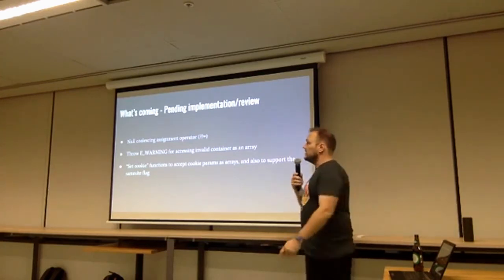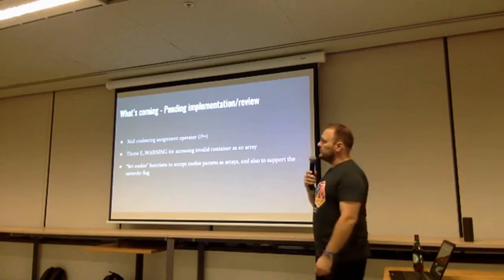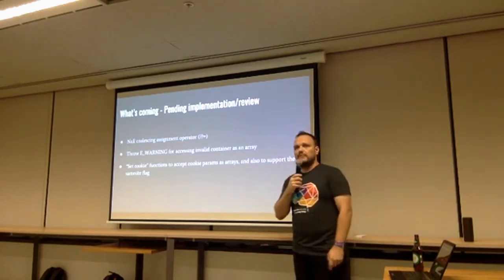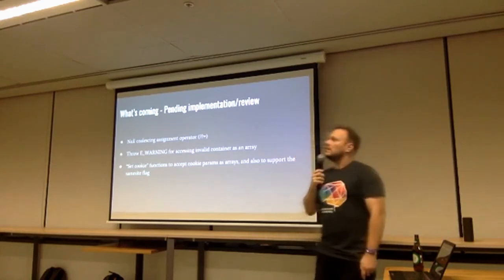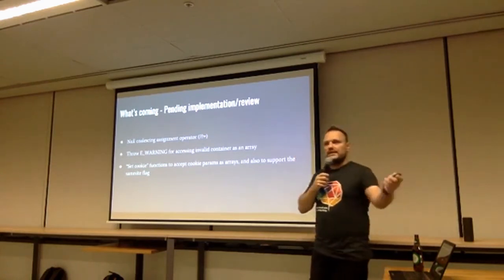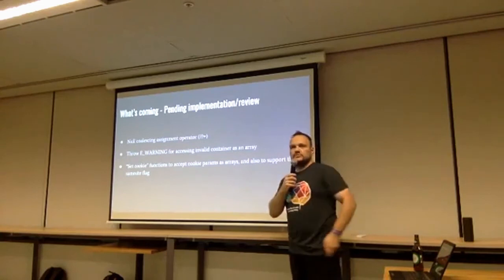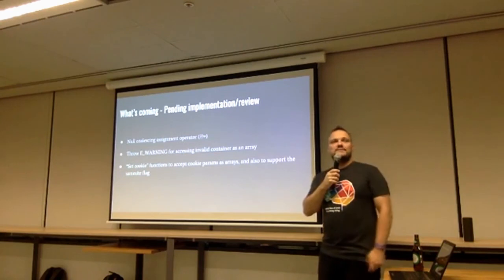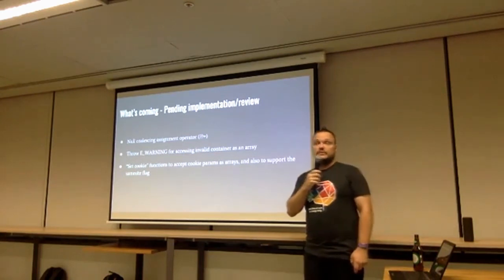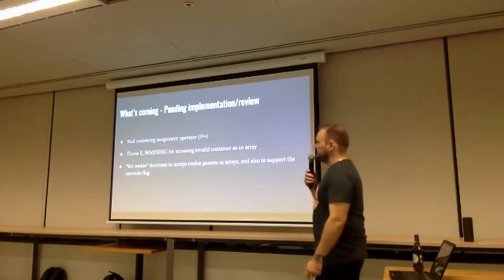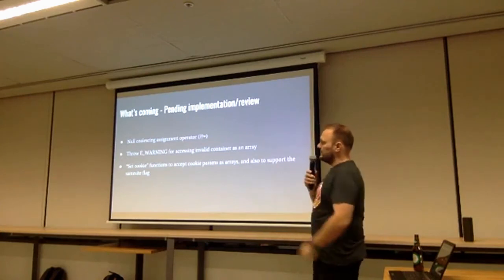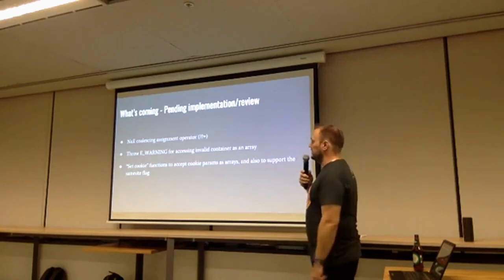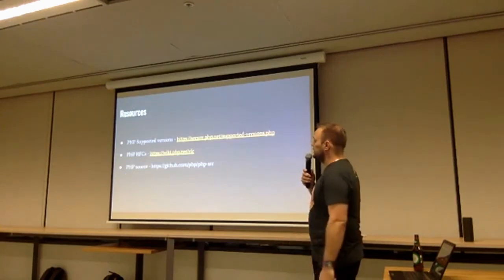Okay, so you may not be that happy about the news, but currently, for example, when you call the set cookie function, it has roughly 8 parameters. The very first one is the cookie name, and the remaining 7 are the various headers or parameters that you associate with the cookie. That being said, that will be collapsed into one array, so it will become like 2 parameters, which is not that bad. And also, it will support the same site flag, which is not even a proper RFC or proper standard in the browsers, but it will support it nonetheless.